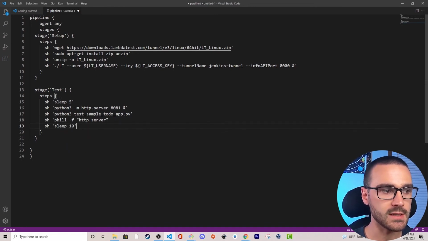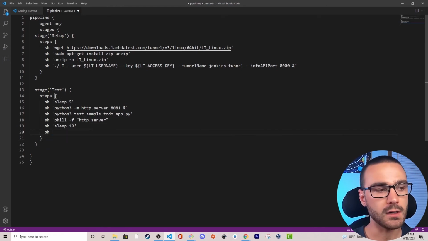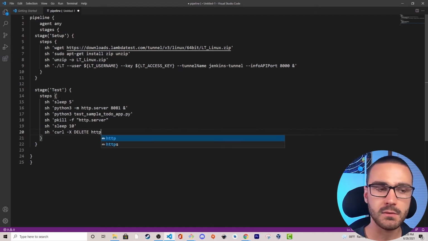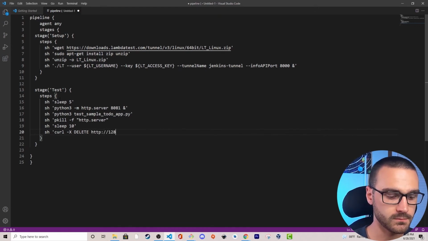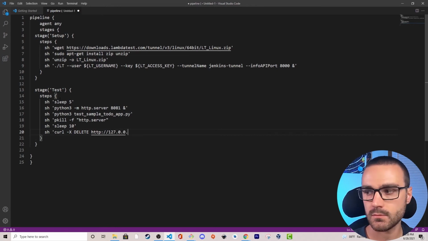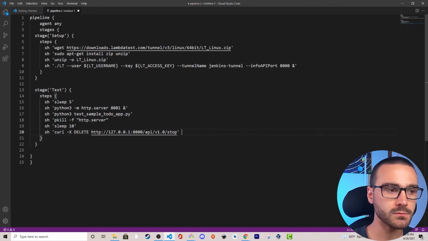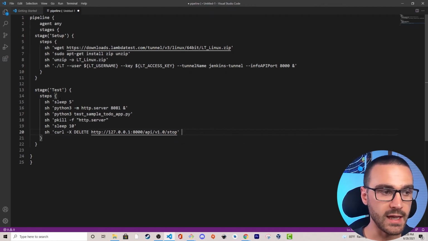Okay, we'll just sleep for 10 seconds, and then we'll curl the endpoint to stop the LambdaTest tunnel. So delete, and then localhost, port 8000, and then API v1.0 and stop. Okay. So this should work or behave essentially the same way as the Jenkins freestyle job that